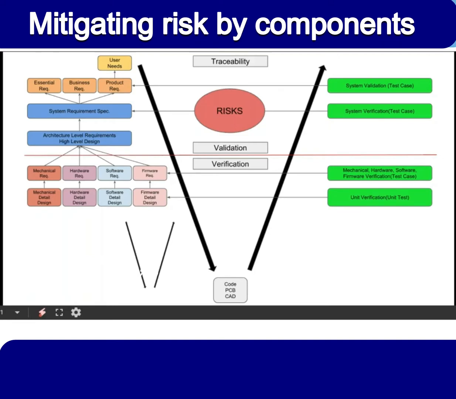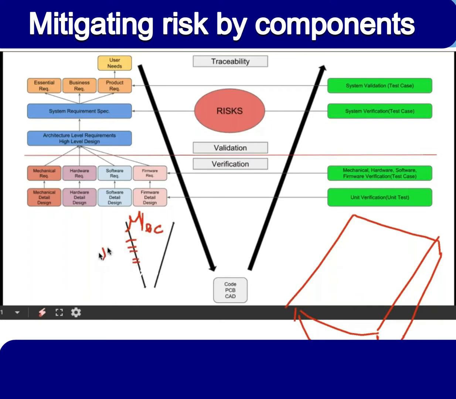So usually what we do, we take your device and we break it down into components. Just for illustration, imagine that I look at your website, right? And your device looks like this kind of a box at the moment. This is what it looks like, right? So if I would take this box and try to break it down into several major components, what I would find is usually one component that is related to the mechanical requirements